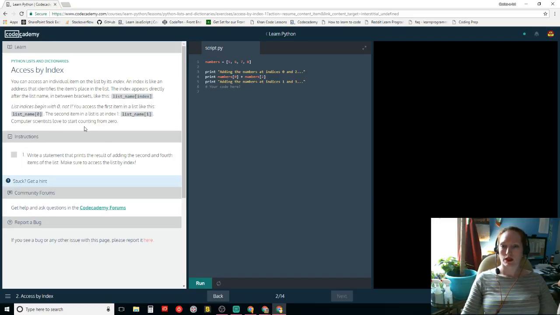Okay, we can access an individual item on the list by its index, and index is like an address. Mhm. And the first item in a list is 0, not 1.